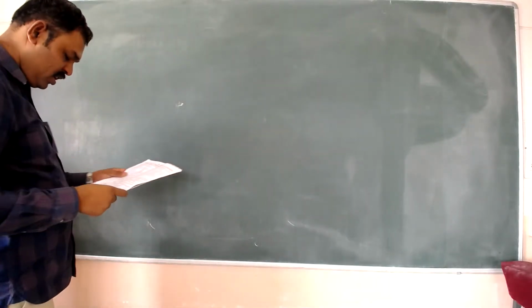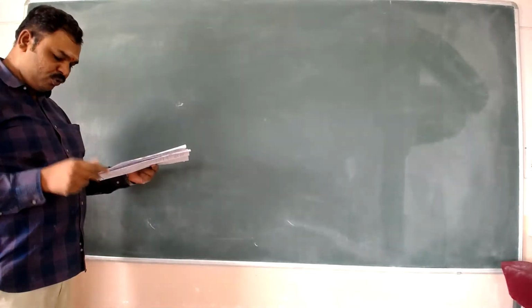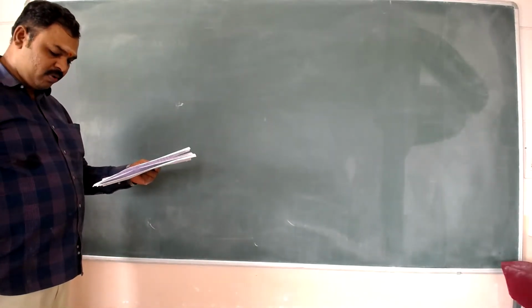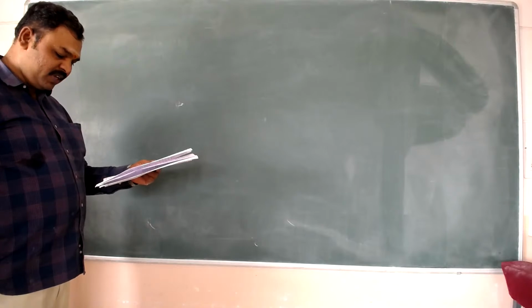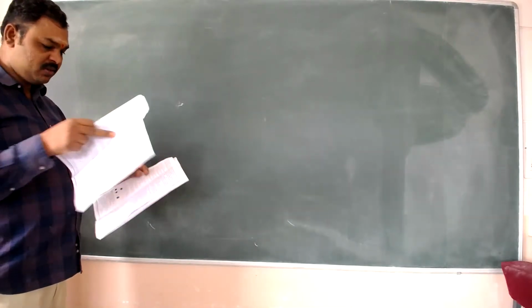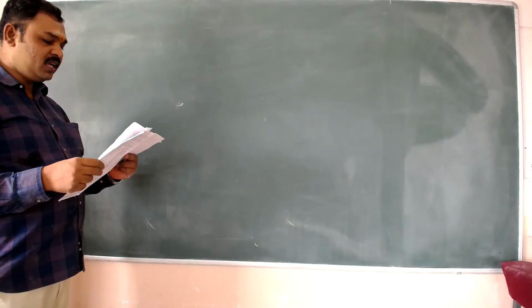You see, question number 18. If two persons with AB blood group marry and have sufficiently large number of children, these children could be classified